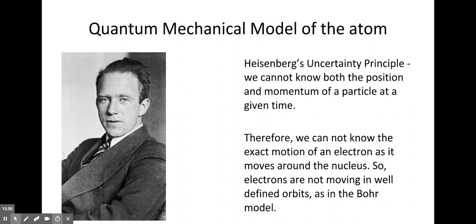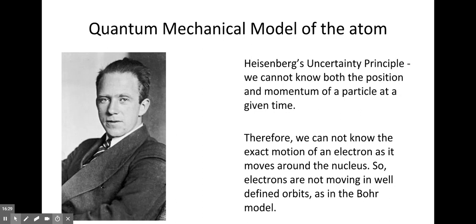Well, this guy, Heisenberg, not the guy from Breaking Bad, but this is the original Werner Heisenberg, he came up with the uncertainty principle that says we cannot know both the position and momentum of a particle at a given time. Now, particle in this case very specifically means very tiny particles like electrons, protons, things of that nature. We can tell position and momentum quite easily of large things, planets, people, cars, galaxies, a baseball, things like that. But for these small quantum particles, we cannot tell both the position and the momentum of the